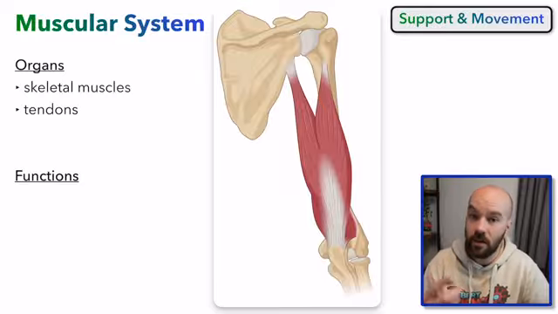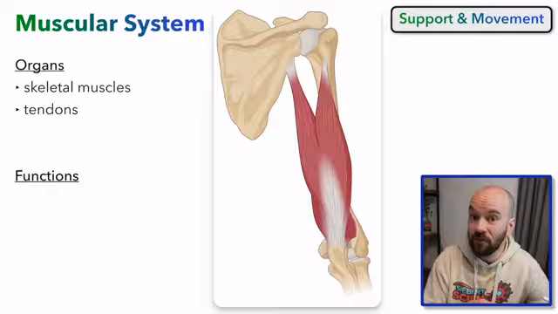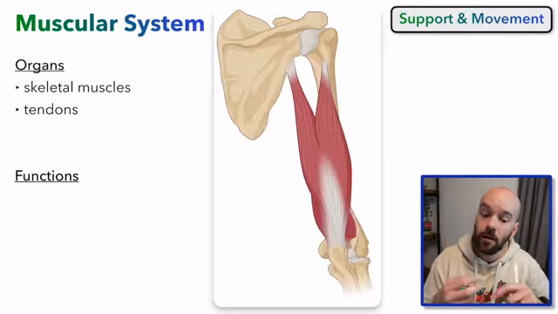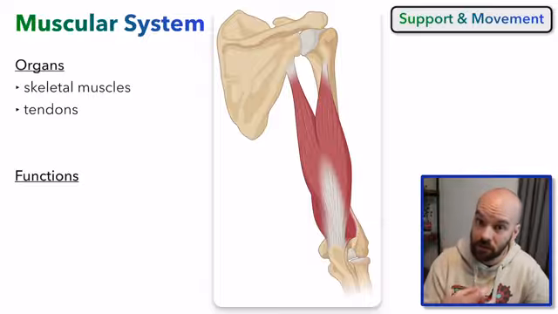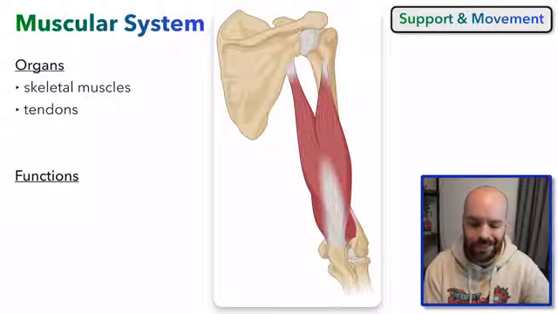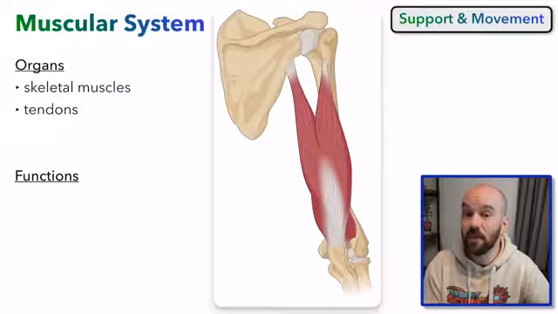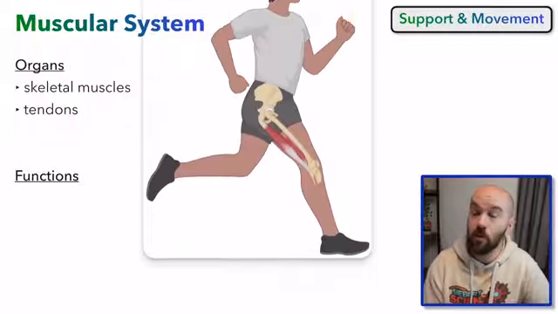Notice I didn't say the other two types of muscles, which are cardiac muscle. That'll be more the cardiovascular system. That's the muscle in our heart, as well as smooth muscle. We have that in our cardiovascular system around our blood vessels. We also have smooth muscle in our digestive tract to push food along. So really, when we're talking about the muscular system, we're mainly talking about skeletal muscles, the muscles that move our skeleton, move our bones. Now for the functions of the muscular system, of course, one of those is going to